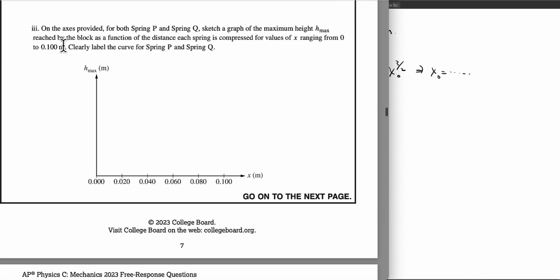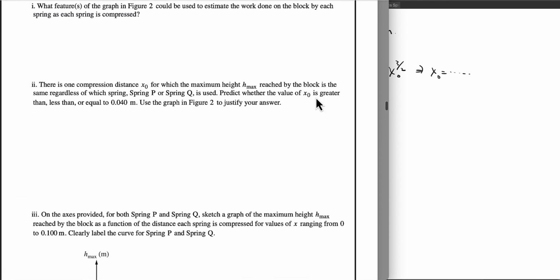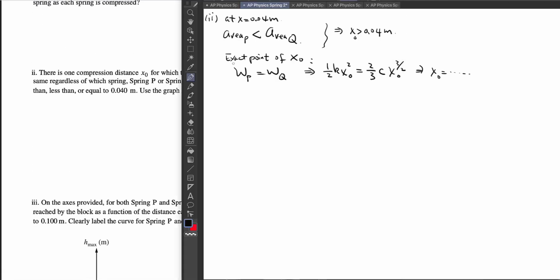So question C: on the axis provided for both spring P and spring Q, sketch a graph of the maximum height H max reached by the block as a function of the distance each spring is compressed, for values of x ranging from 0 to 0.1 meters. Clearly label the curve for spring P and spring Q. Sorry, I forgot to mention why we're doing this comparison of the work here: it's due to the work-kinetic energy theorem,